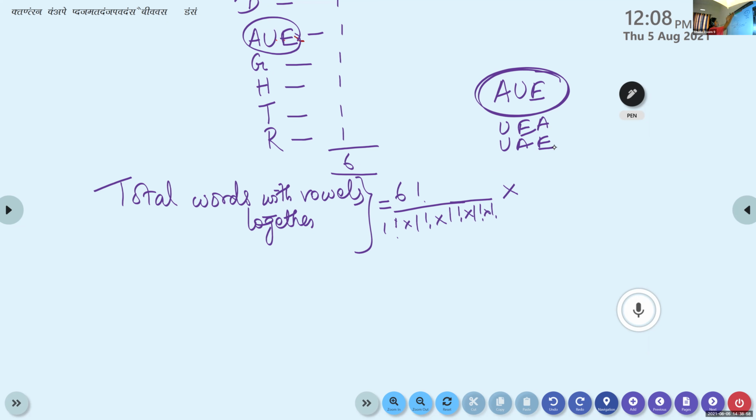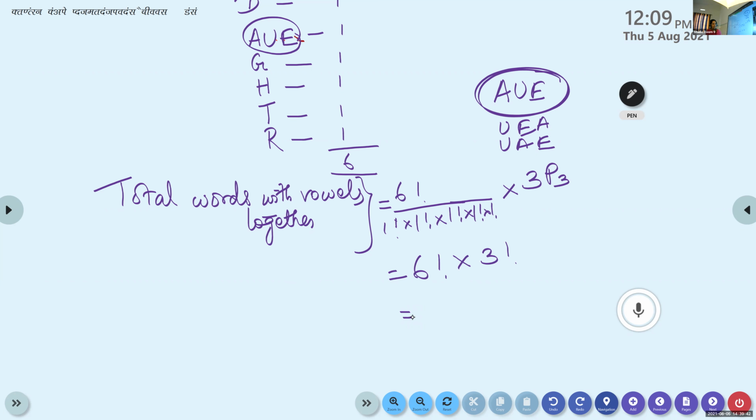First we look at only the number of alphabets. If you take the vowels together as a unit, we get 6 alphabets. So 6 factorial, as all the alphabets are repeated only once, into, it is not over. You have to look at the arrangement of the vowels. There are 3 vowels, and we arrange them in 3 places. So 3 vowels in 3 places means 3P3, which is 3 factorial. So it is 6 factorial into 3 factorial. Now you simplify, we'll get the answer.